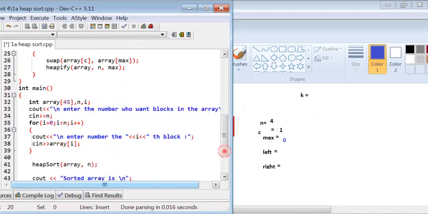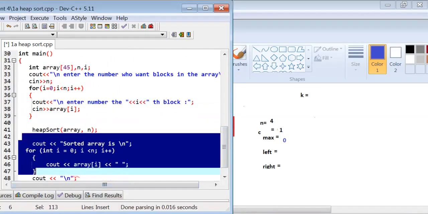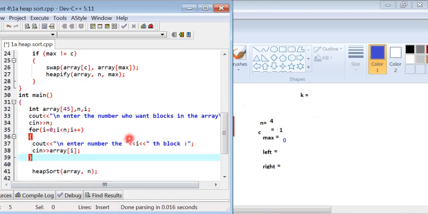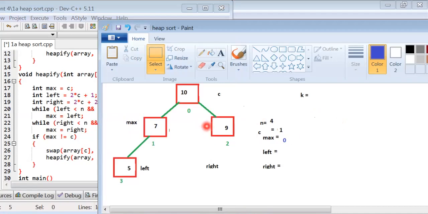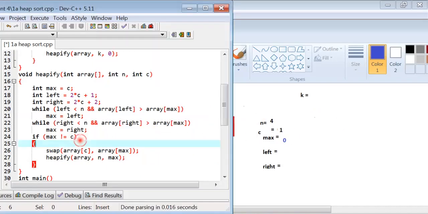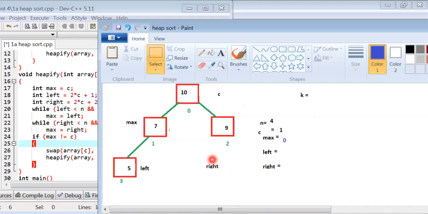Then array left is 5 and greater than array max, the condition is false. Then this loop is terminated.